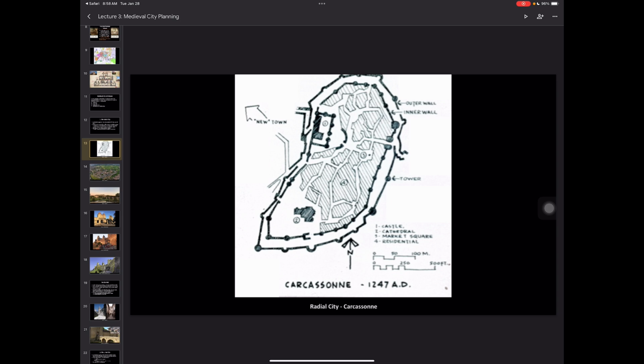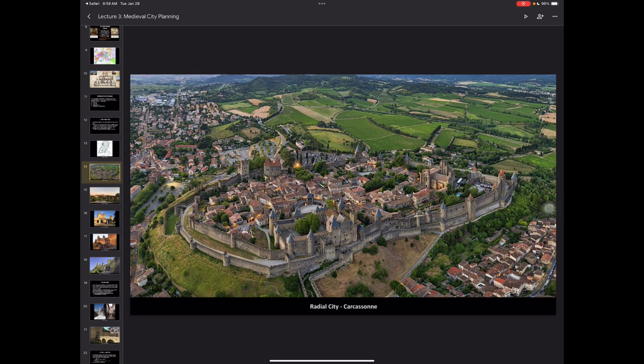So the prince bishop, or the prince, is in charge of protecting the town, but they're also in charge of protecting themselves, right? So it was not uncommon during medieval ages that your whole town would rise up against you, and so they had a moat, not just on the outside of the city, but also on the outside of their particular castle. So this is what it looks like, and this is where geography begins to play a role. So notice that it is on this really steep hill, which means that geographically it's perfect because you have a high point, so if you have people invading you, you can attack them from the point of advantage.